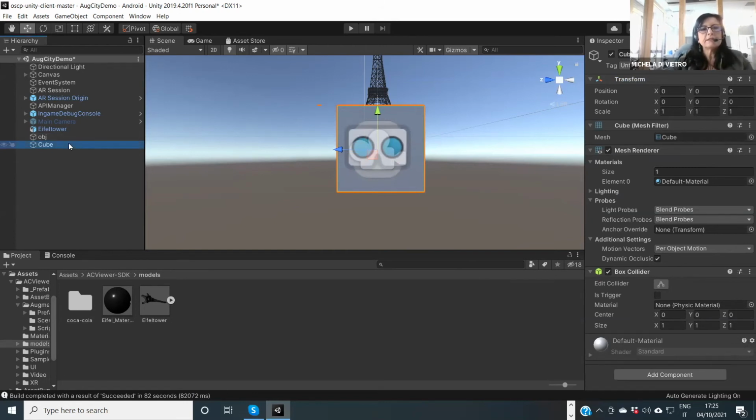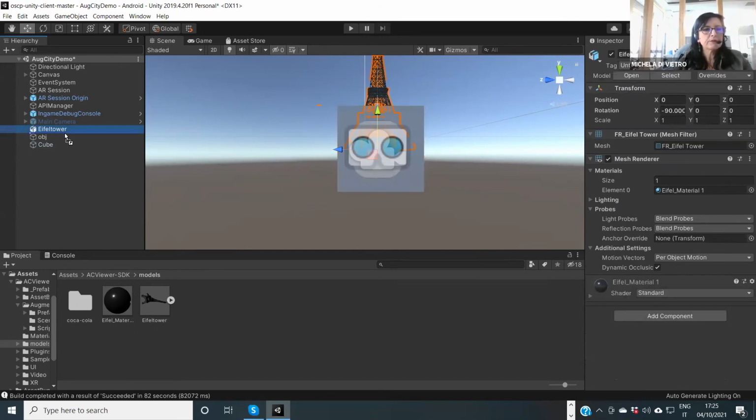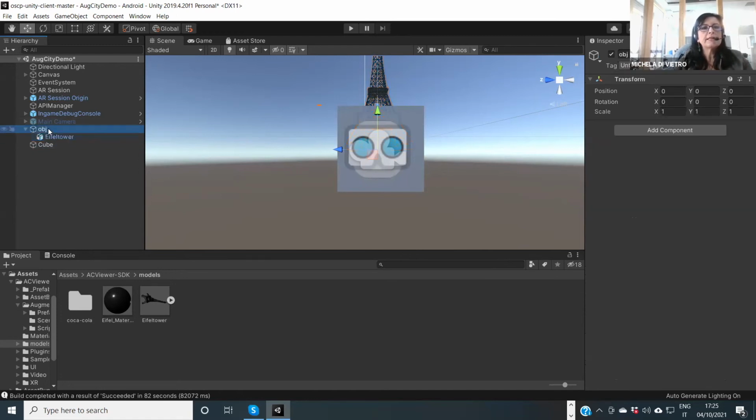We'll use this cube only to fix the dimensions, the size of our content. In this case, I'll drag my object inside the OBJ, and now I resize the object and fix the position in order to put it inside this cube.